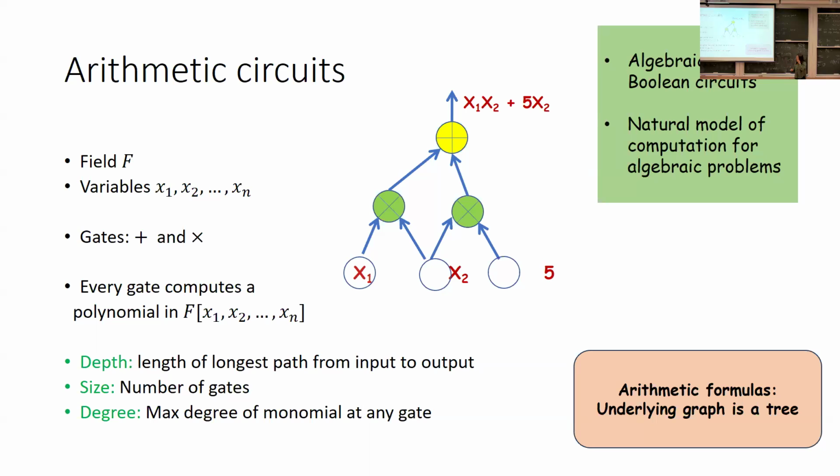Yes? No matter if the degree is kind of semantic or syntactic, does it make a difference? Good question. So Mark asked, does it matter if the degree is semantic or syntactic? And by this, what Mark means is, suppose you're computing a polynomial of degree d at the output. Should the arithmetic circuit only compute polynomials of degree at most d along the computation? Or can you, at intermediate stages of the computation, compute very high degree polynomials, where the high degree stuff magically cancels out to compute a degree d thing at the output?